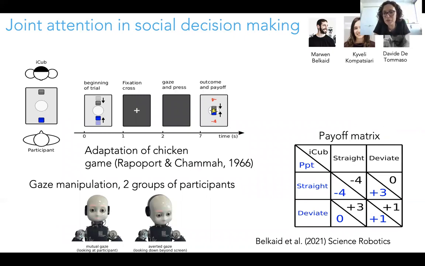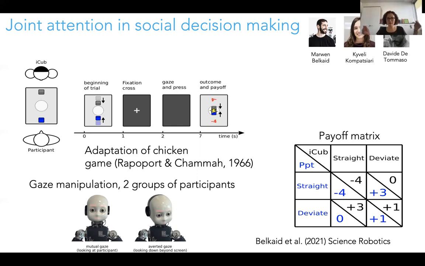I don't know if you know the chicken game. It's a really funny game. So you are seated in front of an opponent, let's say. Between the two of you, there is a horizontal screen. And on the screen, one of you is operating a simulated car, and the other one has another car. And the cars are going towards one another.